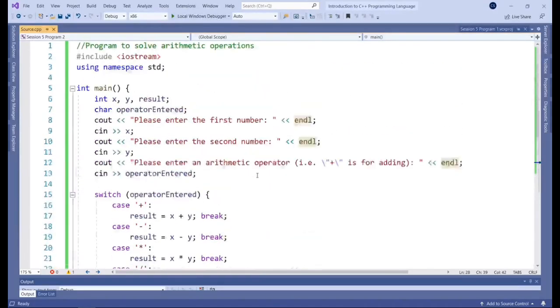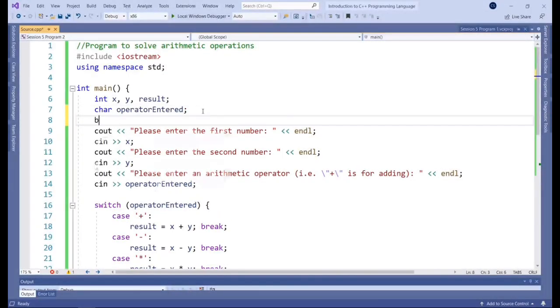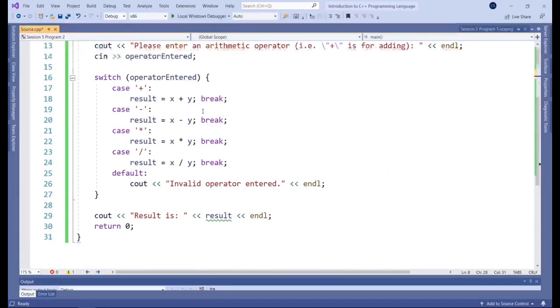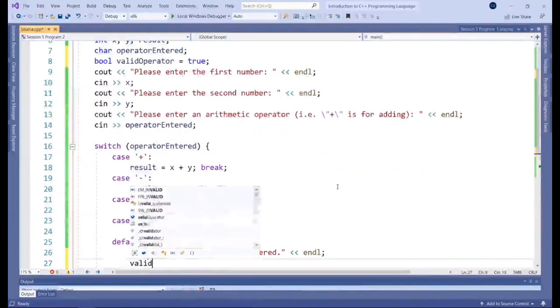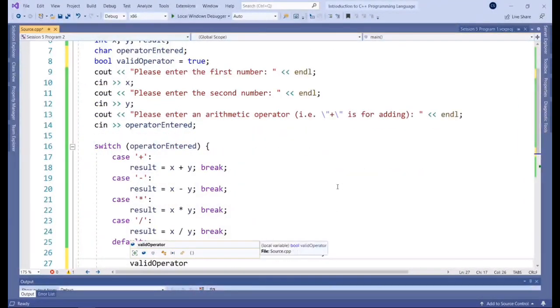Now, one way that we can get around that is, for example, doing a check here. So, for example, we can add a Boolean called valid operator. And let's set it to true, okay, by default. But then if this default case gets run and we know that it's an invalid operator, we can go in and say valid operator.